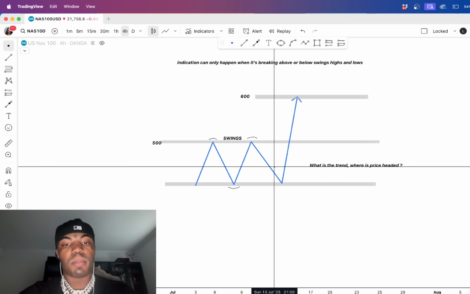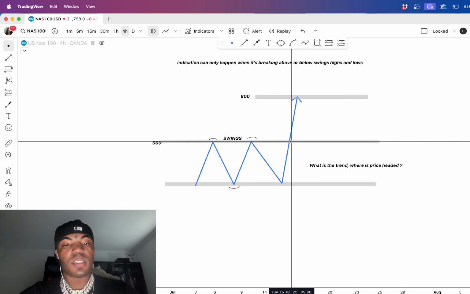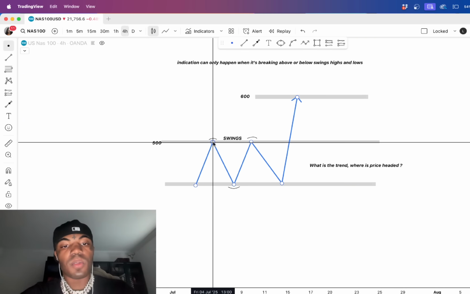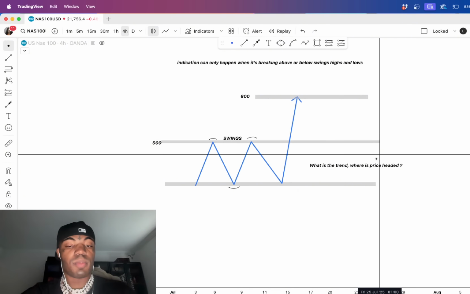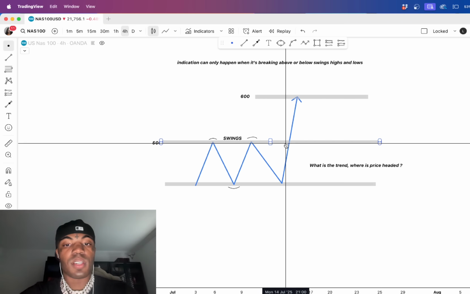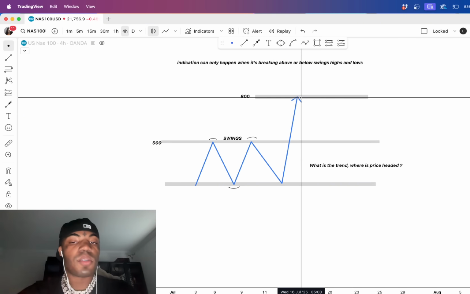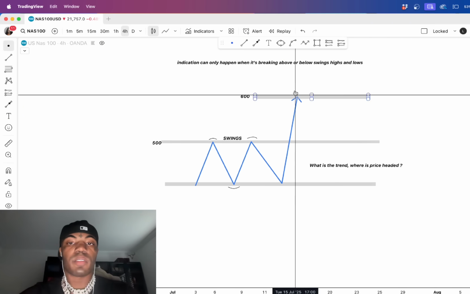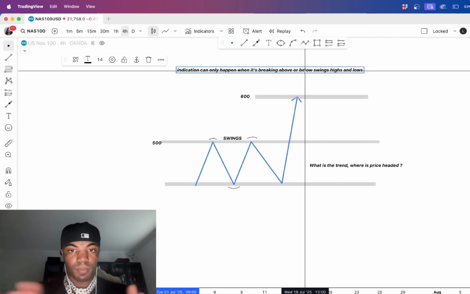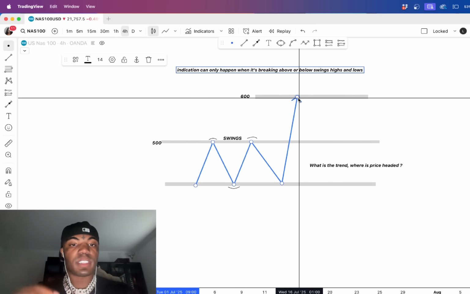But the most important part is finding that indication and understanding that indications can only happen when price is breaking swing levels. So with our swing highs broken, now we have a new high. And after a new high, or after any new market structure is shown to the market, normally price ends up grabbing liquidity, but I'm not going to confuse you just yet. After price makes a new high, just prepare to see price have some type of correction, some type of movement